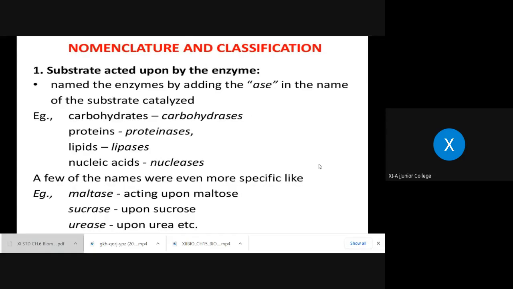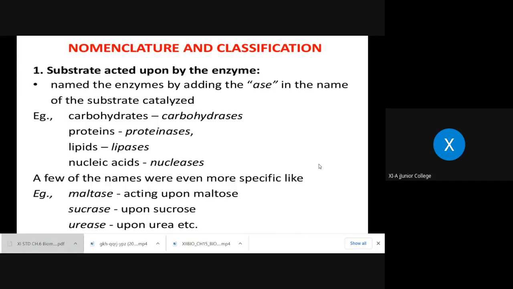Now, how the enzymes are named and accordingly classified. Nomenclature is what? Giving a name. Every living as well as non-living organism, object or substance is known by some name. So giving the name is what? Nomenclature. Nomenclature is the way of giving the name to that particular living organism or non-living thing. So how are these named?